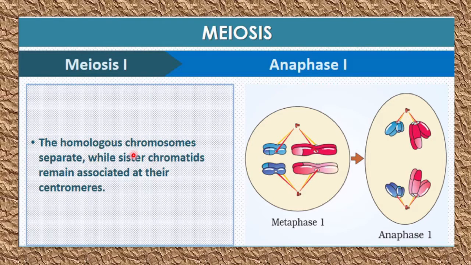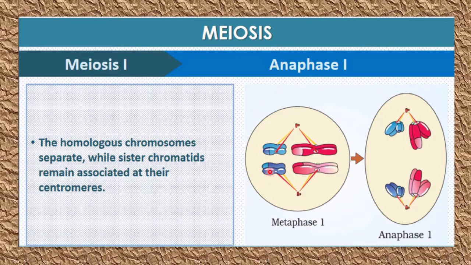Homologous chromosomes are only separated. The sister chromatids will not dissociate from each other at the centromere. This is the uniqueness of anaphase 1 if you compare it with mitosis-related anaphase. So while the sister chromatids remain associated at their centromere,